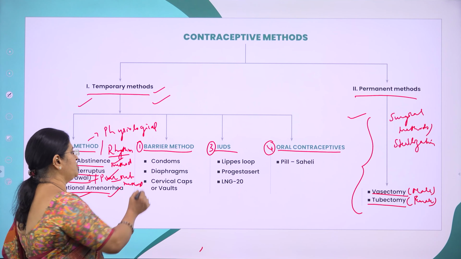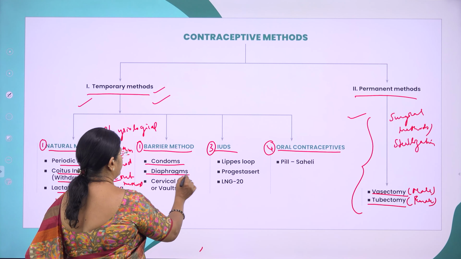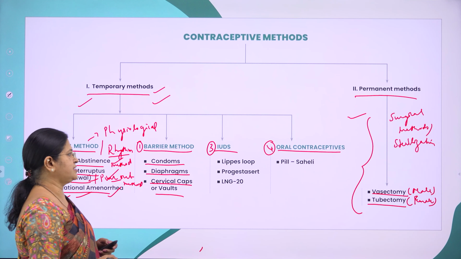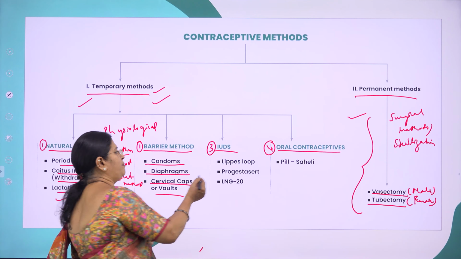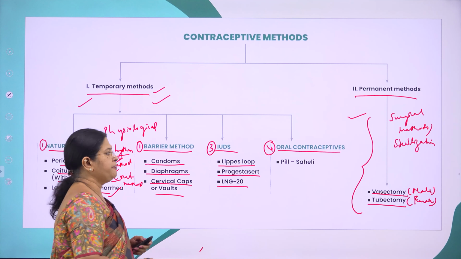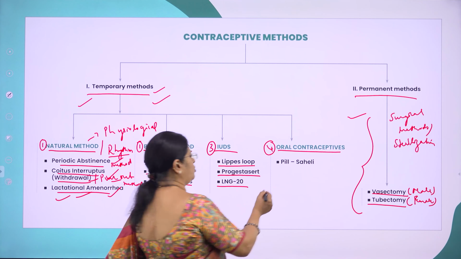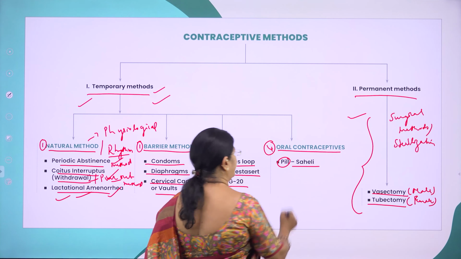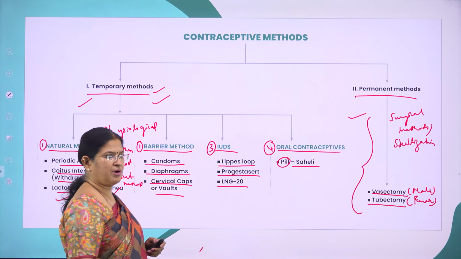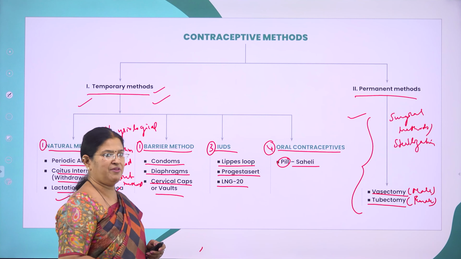Barrier method includes condoms, diaphragms, cervical caps, and valves. Then intrauterine devices include the copper T and the LNG-20 progesterone loop. Then oral contraceptives, that is the oral pills like Saheli. So, this is the classification, and as I said, the permanent method is broadly classified into two types, namely vasectomy